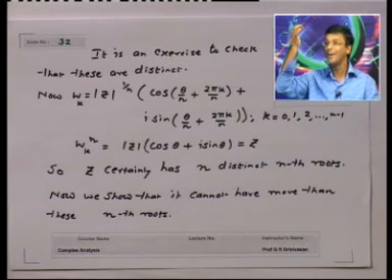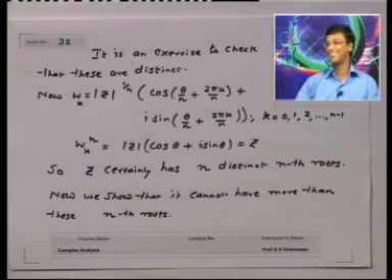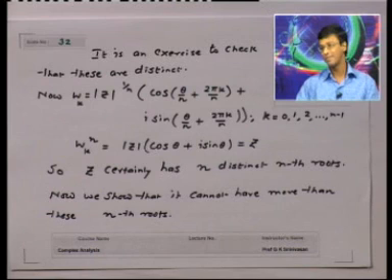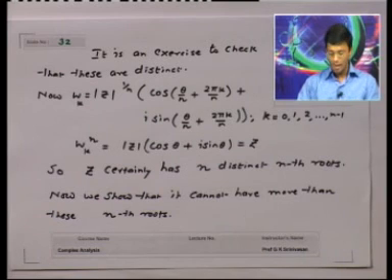Exactly, you need the completeness. Absolutely correct. Archimedean property and completeness are both required to prove this. Well,